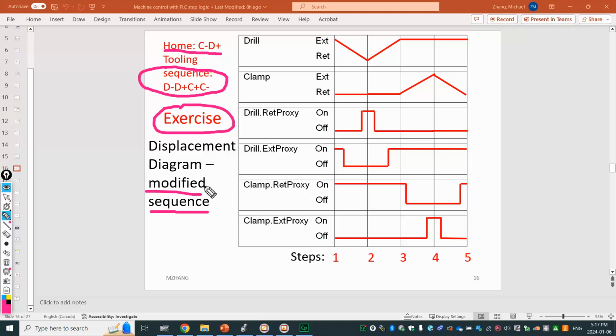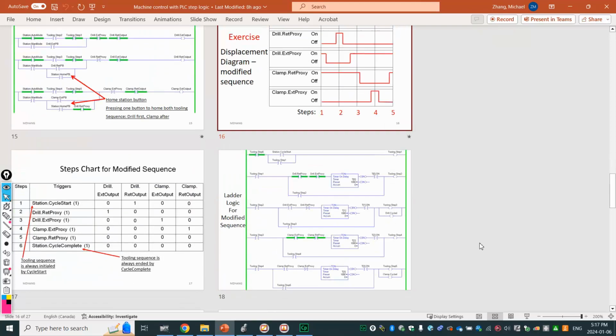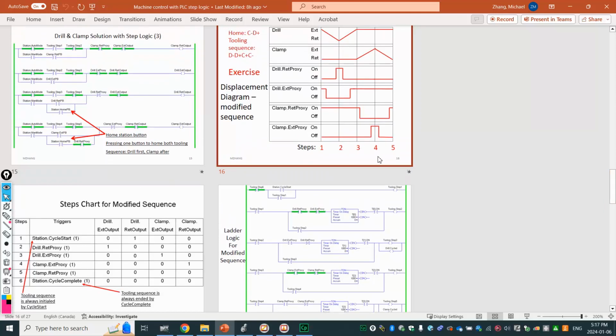use the diagram to analyze that first. I know lots of people don't like the diagram or the chart or something like that, but it's the very easy starting point for us to analyze that. All right. Of course, I have it on a different slide. Even though you see it a little bit small and blurry, it's okay. The point is that with a different sequence, we start with some sort of diagram